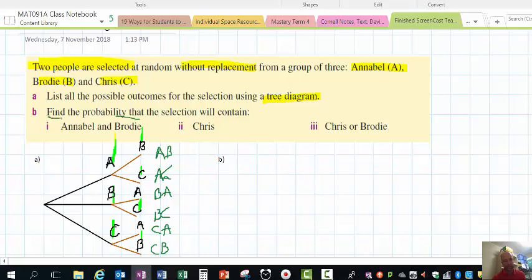Part B, find the probability that the selection will contain. So we're looking for probabilities. Okay, B, part 1. Find the probability that the selection will contain Annabelle and Brody. So it's got to have both in it. So let's have a look at our tree diagram and look at the outcomes: Annabelle and Brody. So we're looking for A and B, not A or B, A and B. So it's got to have both in there. That's got A and B,